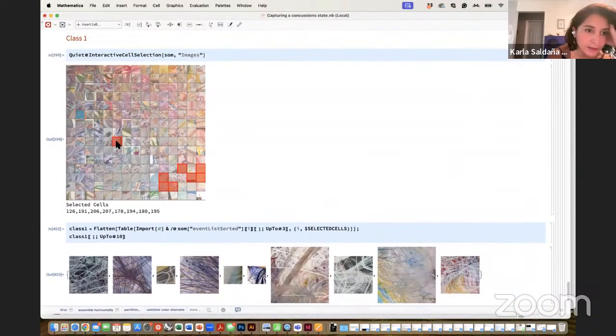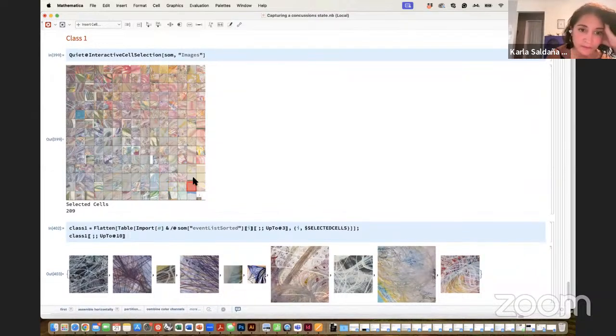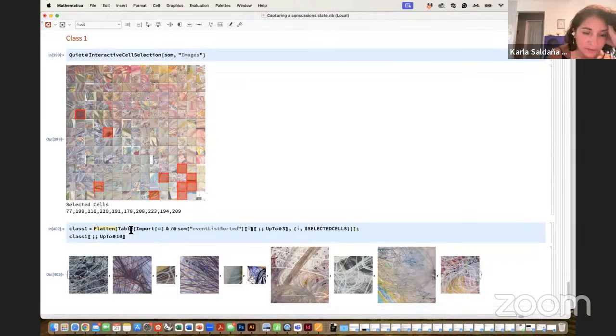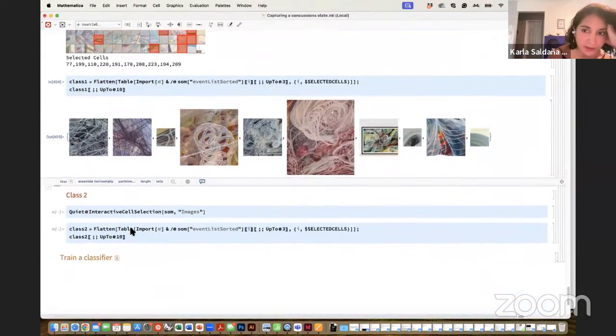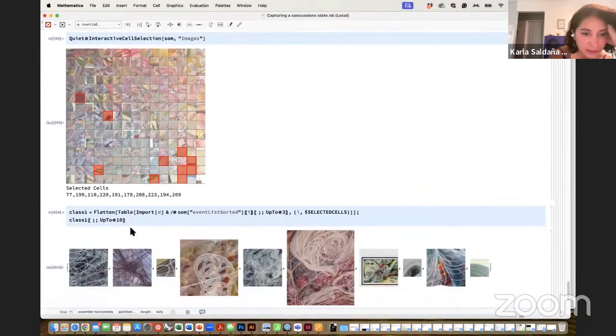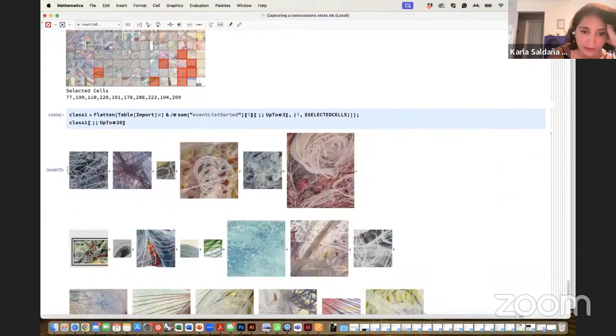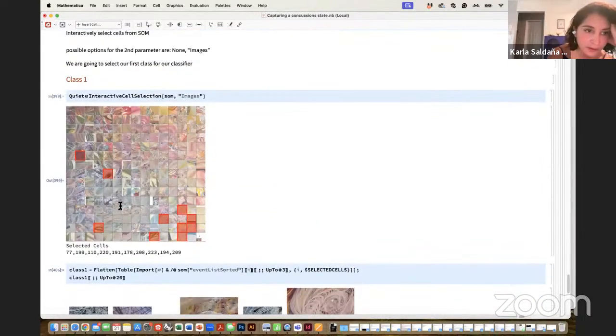And then say, oh, maybe this is something that I want to try again. You can do this as many times as you want, just so you're sure that what you're selecting is what you really want to see. All right, now it's going to be my final test. So I'm going to set up my calm data set, which looks like this. You can say up to 20, for example, and it's going to give you other examples.